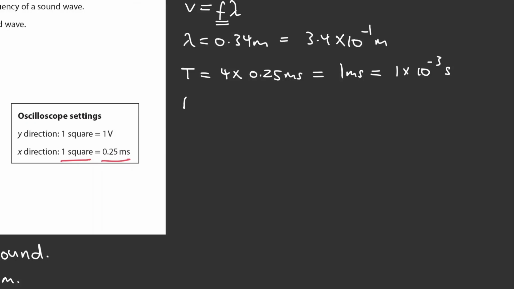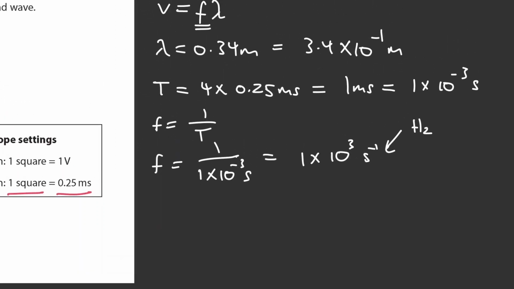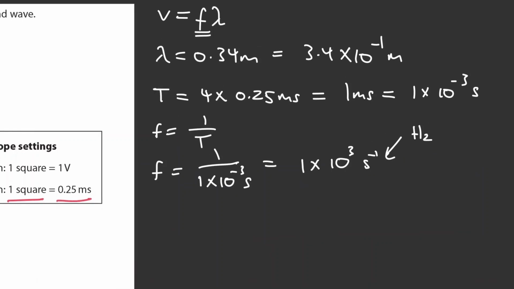Now we know that frequency is equal to 1 over time period. So frequency is equal to 1 over 1 times 10 to the minus 3 seconds, which is equal to 1 times 10 to the 3, or 10 cubed, per second. But we also know that the unit for frequency is hertz. So now that we know our frequency and wavelength, let's plug it into our original equation. v is equal to f, 1 times 10 to the 3 hertz,